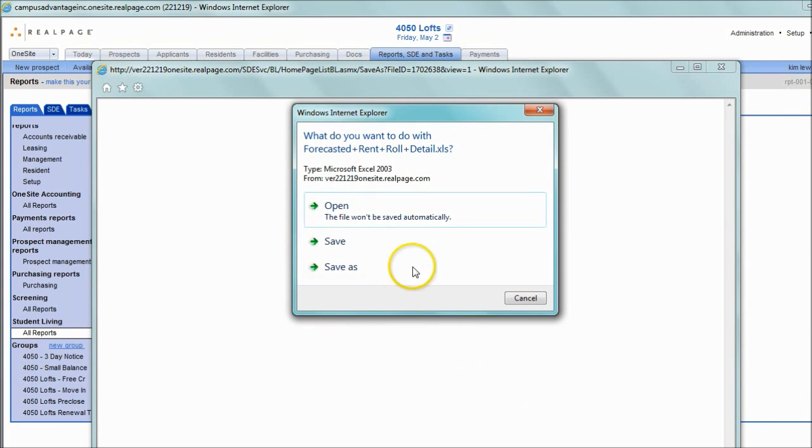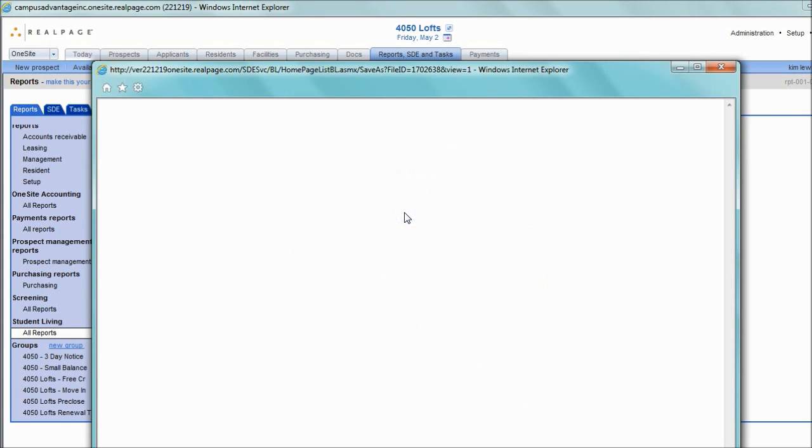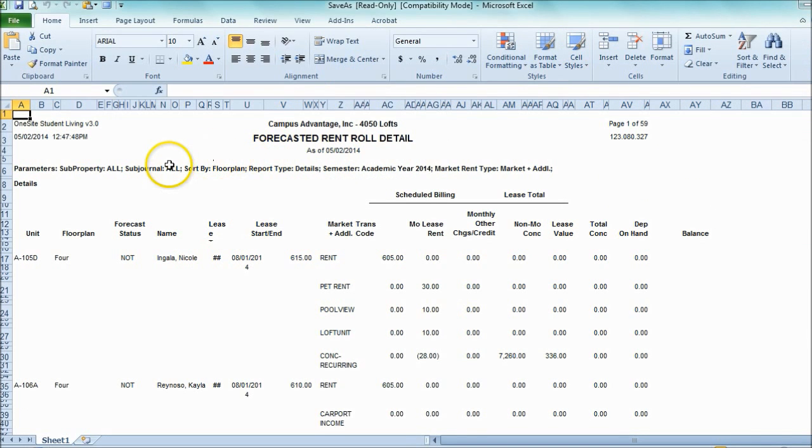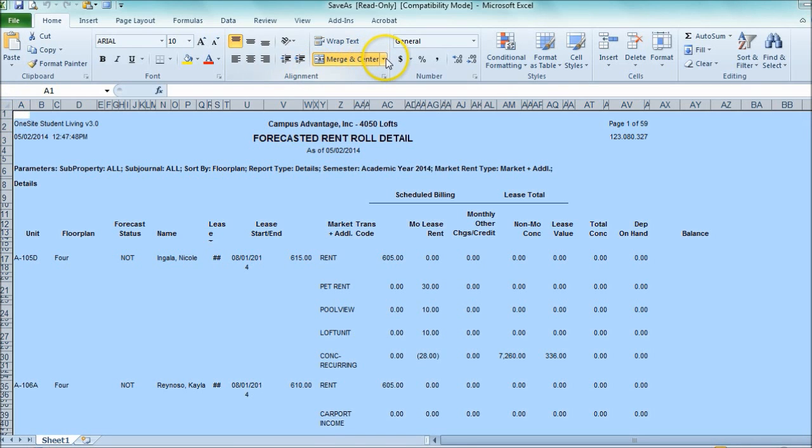Internet Explorer is going to open with a dialog box. I'm going to click Open to open the file. Next, it will open Microsoft Excel. Double click to make it larger. We're going to select the data to unmerge and unwrap. Do so by clicking the little button in the top left hand side in between A and 1 that will